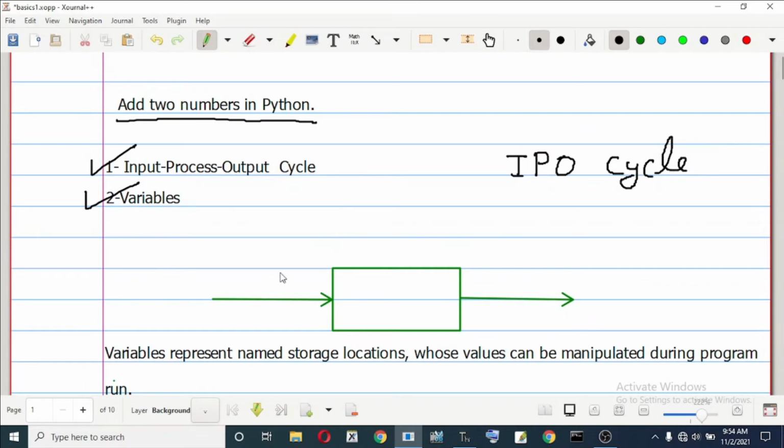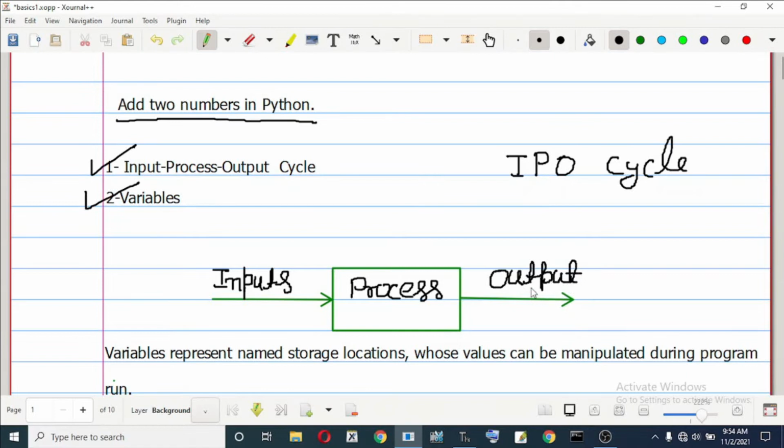I am also making a diagram here in which you have a machine or software and you provide input, and thereafter your input is processed, and thereafter you get output.